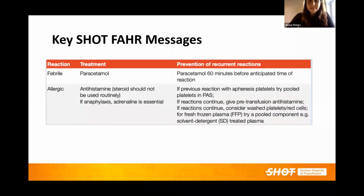Next slide, please. So this is taken directly from the SHOT chapter, and it's a table you can refer to, which will go through what the treatment should be and what the preventative treatment should be. So if we focus on the preventative treatment, for febrile reactions, if your patient is known to have a febrile reaction, then the recommendation is that paracetamol is given 60 minutes or so before the transfusion starts. For an allergic reaction,